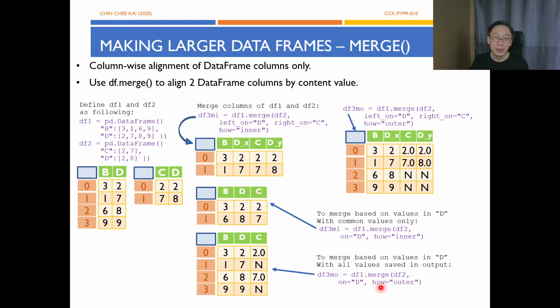Now, finally, what if we say on D but it's outer? Then what's going to come out of it? So remember, it's column based, so we don't change the column. So we look at outer. We look at D and D. There are duplicated or common parts, right? So we will keep 2, 7, 8, 9. Okay, and then of course we'll keep B, but because there is a D here that says 2 and 8, so for the parts where there's a common 2 and 2, the C value will be the 2,